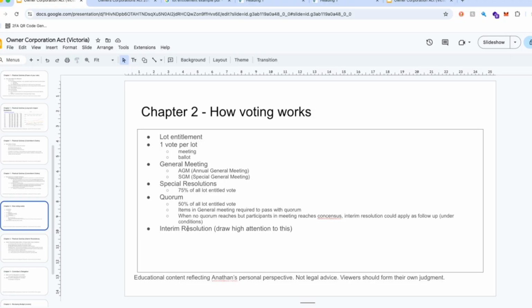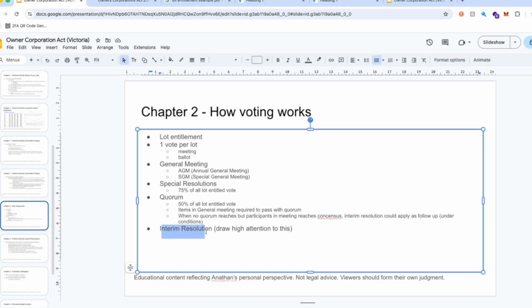So in this case, there's a part which the OC Act has put into it, which is about interim resolution. Now this is really important. Really pay attention to this, because this part is specifically there to address the scenario when not everyone participates, and